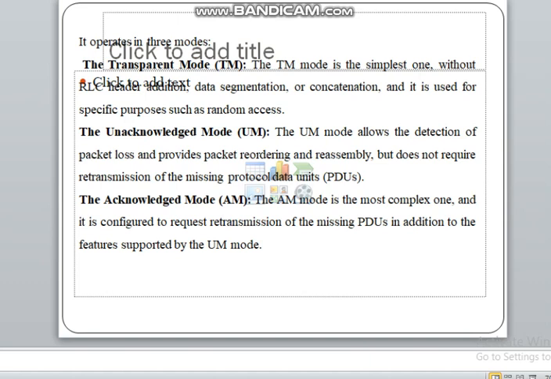The acknowledged mode is the most complex one, and it is configured to request retransmission of the missing PDUs in addition to the features supported by the other modes. So here missing data should be retransmitted.